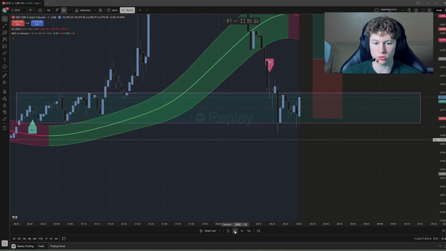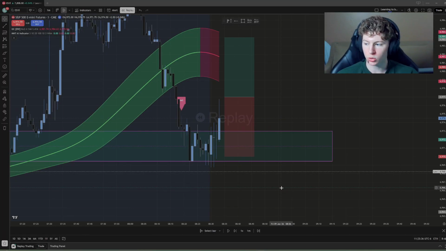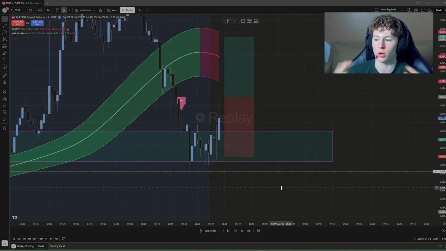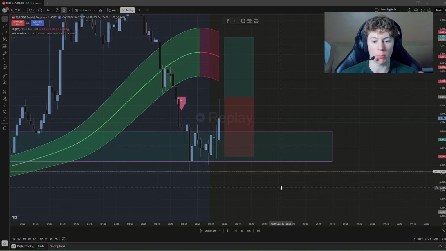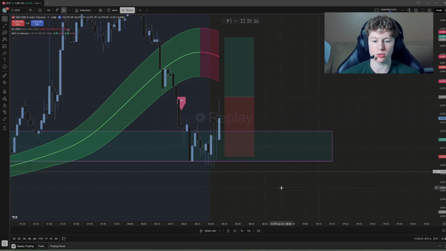All right. No close outside of the range. No close. No close. Boom. All right, we have a close outside of the range. This is what you're waiting for. Sorry if y'all can't see very well. Once we have a close outside of the range, our bias today is bullish because it closed above that 15-minute mark.